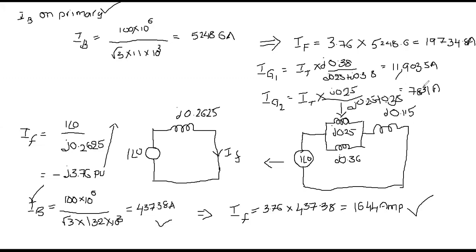So with this the problem has been completed. Whatever concepts we have studied, we have applied the same concepts in this problem to determine the total fault current at the receiving end side of the double circuit line, and at the same time the total fault current supplied by the two generators, generator 1 and generator 2. Please try to note down these things.